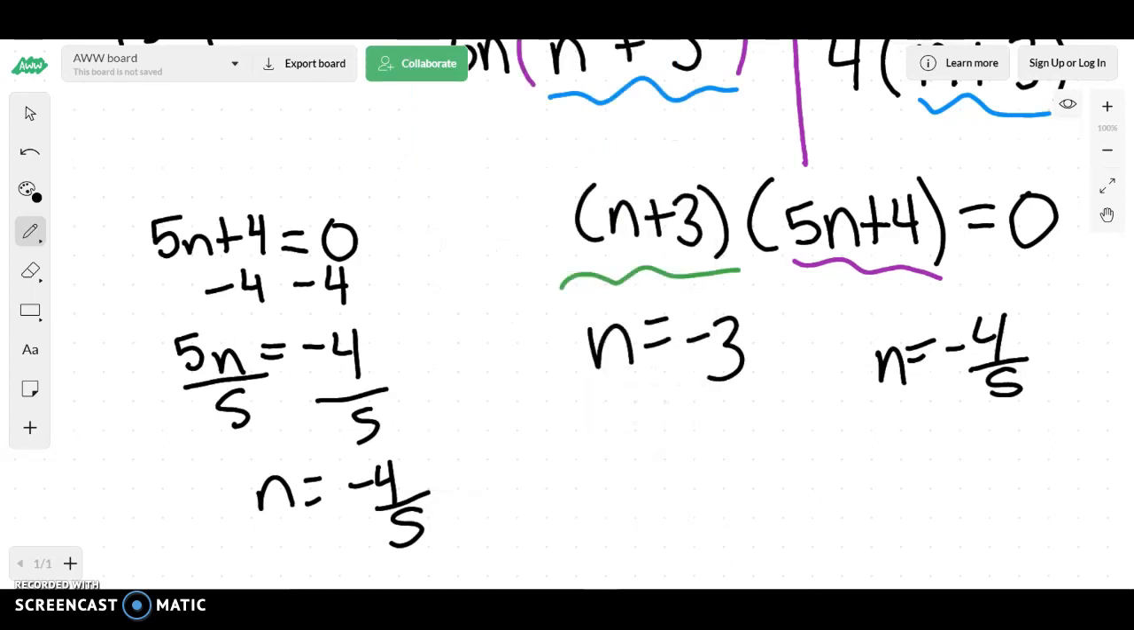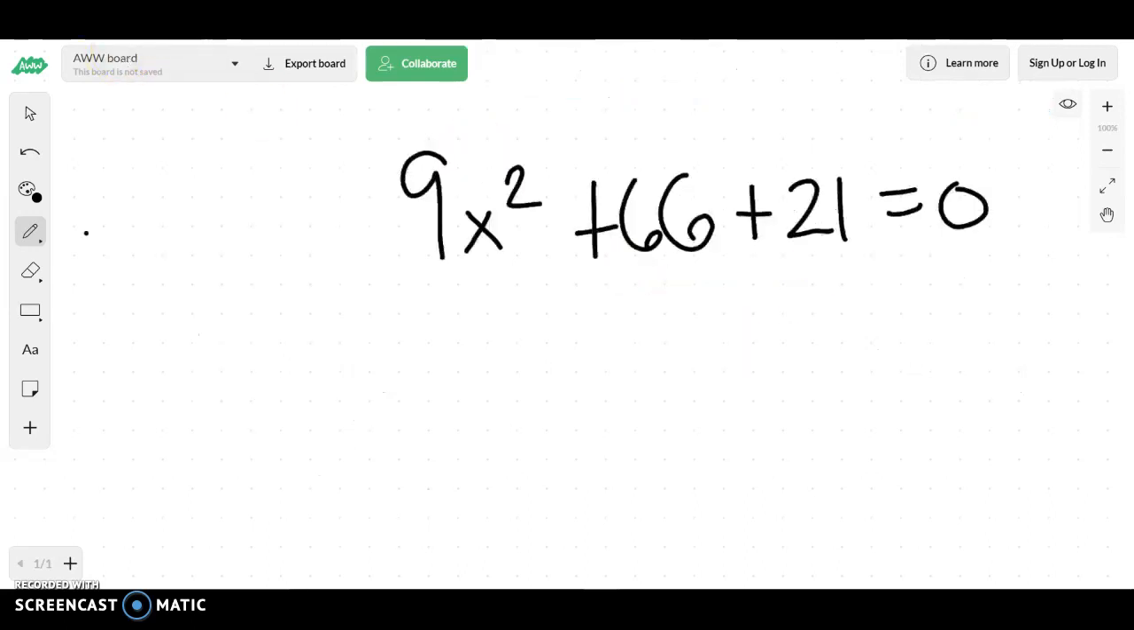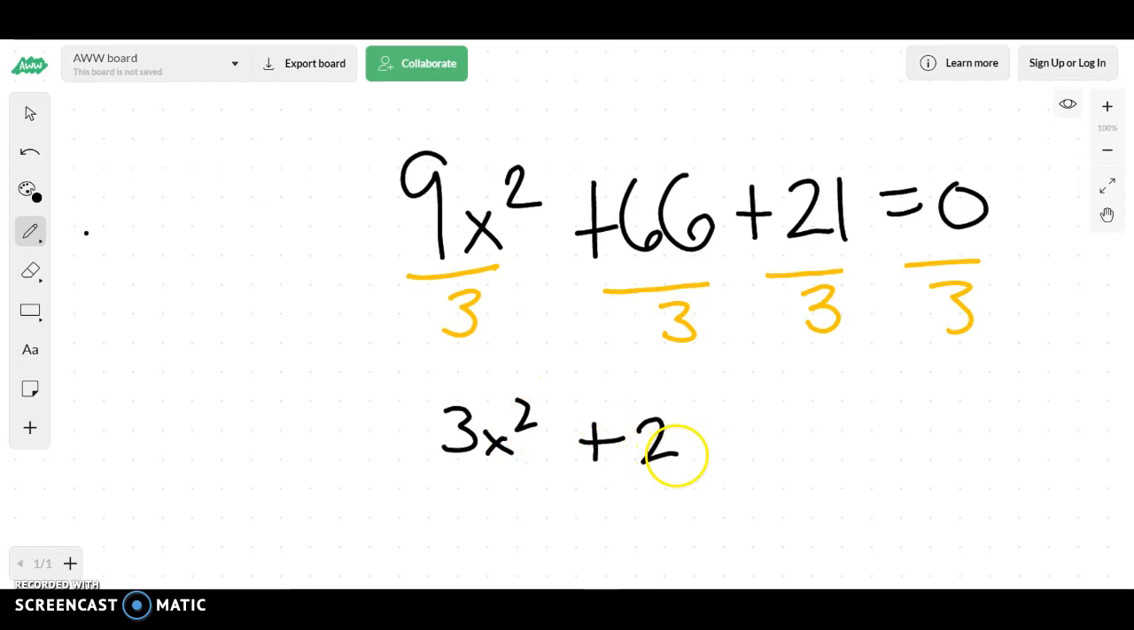Okay, so the simpler way to do this is kind of solve for what you want to know. You want 5n plus 4 to equal 0, so you just set it equal to 0 and then solve for it. Let's do another example. Okay, again, when I look across this, the first thing I want to do is see if anything divides. And I can't divide by 9, but I could divide by 3 to make it a little bit simpler. So when we divide this thing by 3, we'd get 3x squared plus 22x